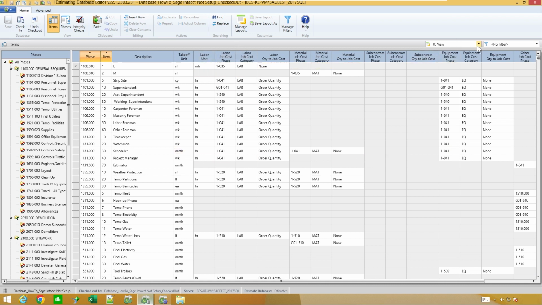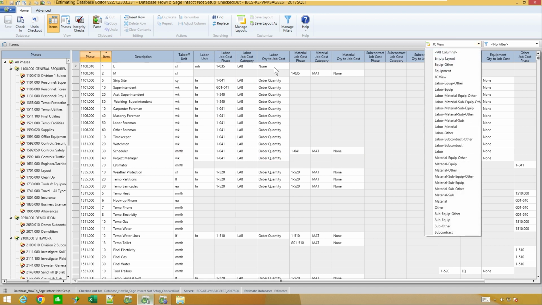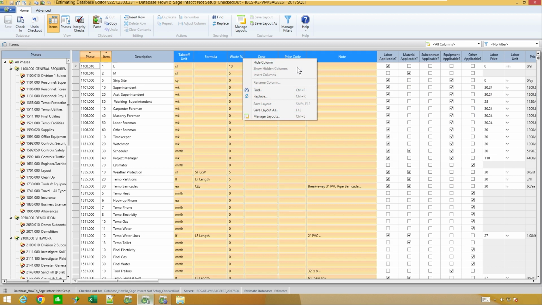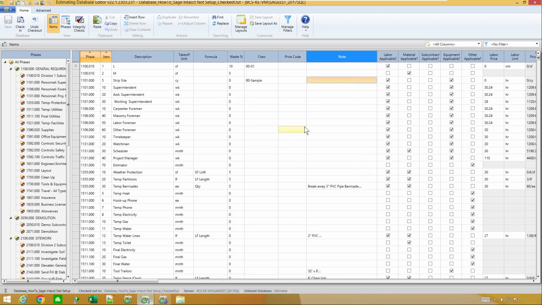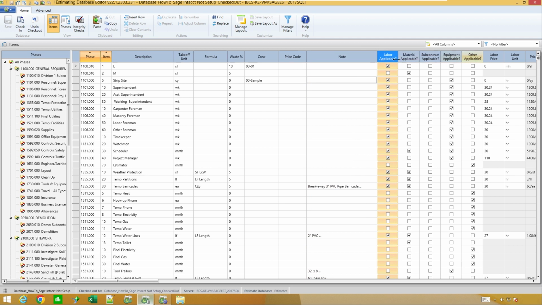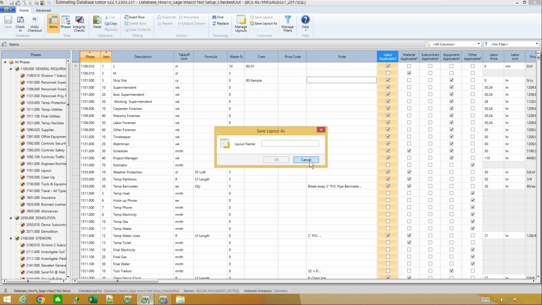So theoretically, when you go into yours, you might have all columns of whatever columns it's set up to show you and things of that nature. So keep in mind, you can highlight different columns, come in here and tell it to hide those columns and things of that nature to come up with what you want. And once you get done with turning off all these columns and changing the widths to what you want them to be, or you could also click and hold and drag a field from one place to another. Once you get all these columns set up the way you want them, you can go up here to save layout as, and actually give it a name so that way you can use it in the future.